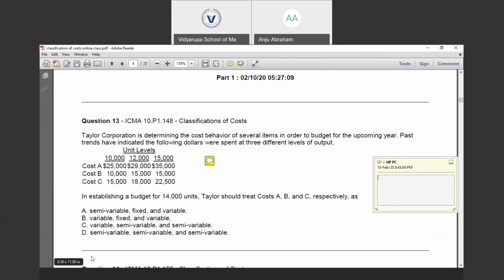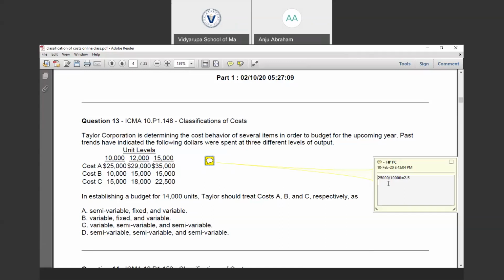So we know that total per unit variable cost will be constant. Total fixed cost keeps on decreasing per unit as the production level increases, and semi-variable cost will be varying. So let's check cost A. 25,000 for 10,000 units. We know that 25,000 is for 10,000 units. For one unit, 25,000 divided by 10,000 is going to be 2.5.